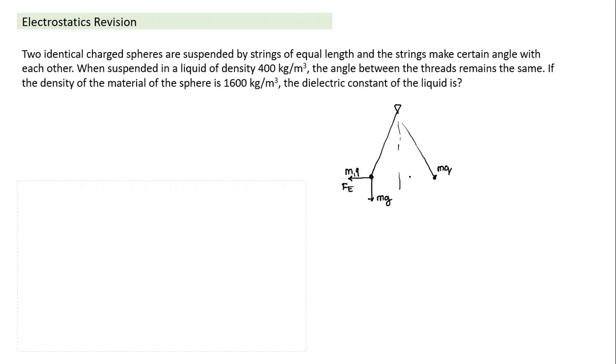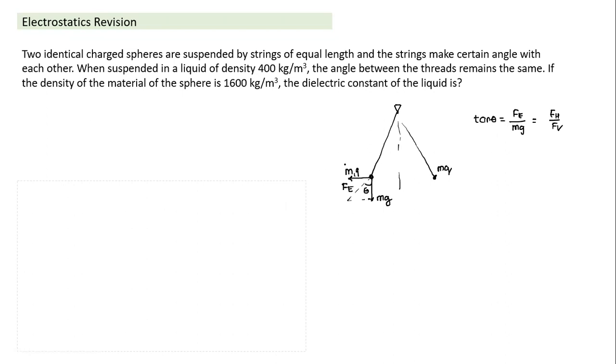So what is tangent of theta here? If I write tangent of theta here, this is theta. Again, just to recap, the tangent of theta will equal Fe, which is nothing but the horizontal force, and Mg, which is nothing but the vertical force. Okay, this is what is happening here.